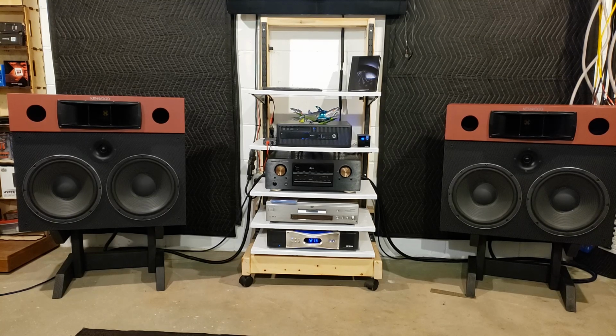Now, measuring them, EQing them, and flattening them out, getting the horns under control, cleaning up the bass a little bit, and bringing up the upper treble a little bit has transformed these into a much more listenable speaker. I don't know if I'd still call them a speaker for everything. Alternative rock like Metallica or Slipknot or something like that,